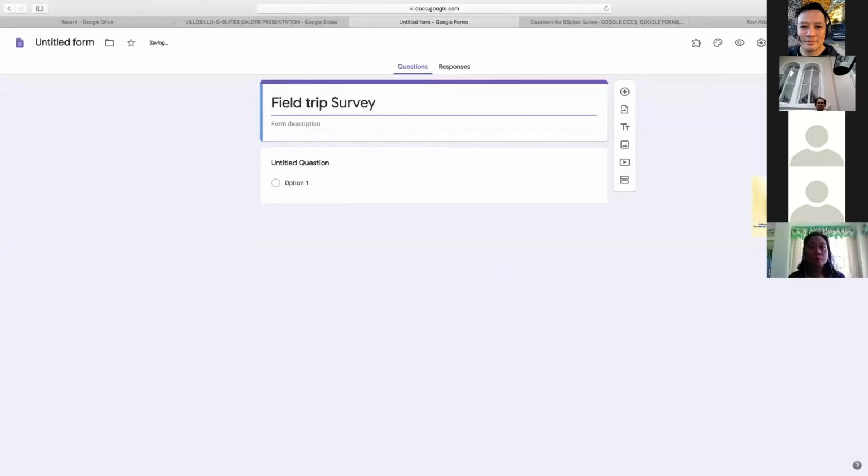So that's how you will create the title of your Google form. And then below, you can also write the description of what this is all about. Okay, you can explain it later on. Now, this is how you will create the title of your form, and then you can do it as well right here on the left side.